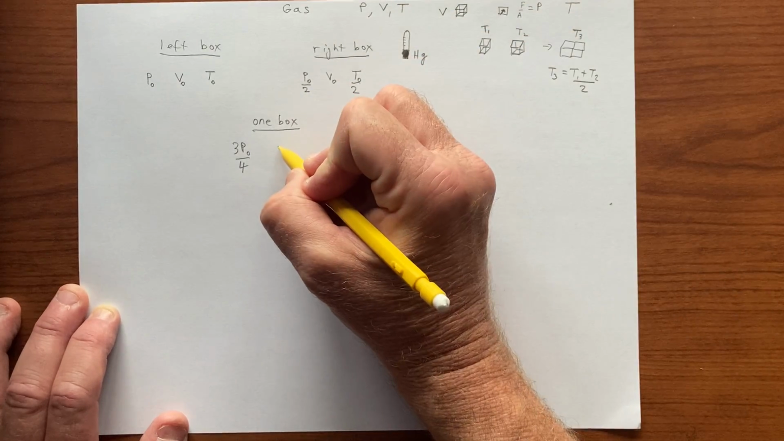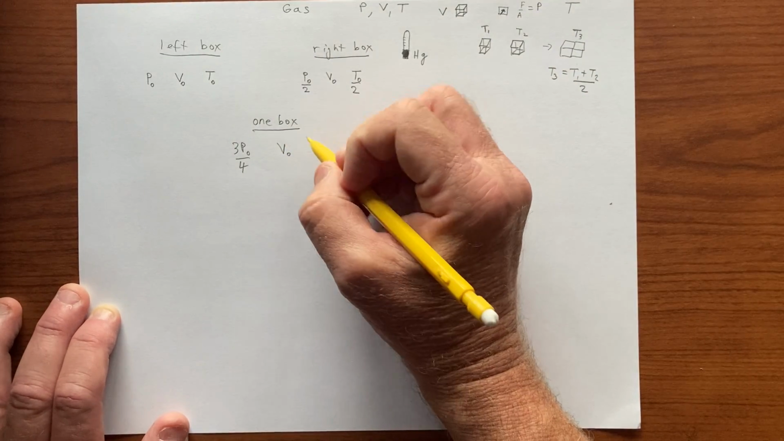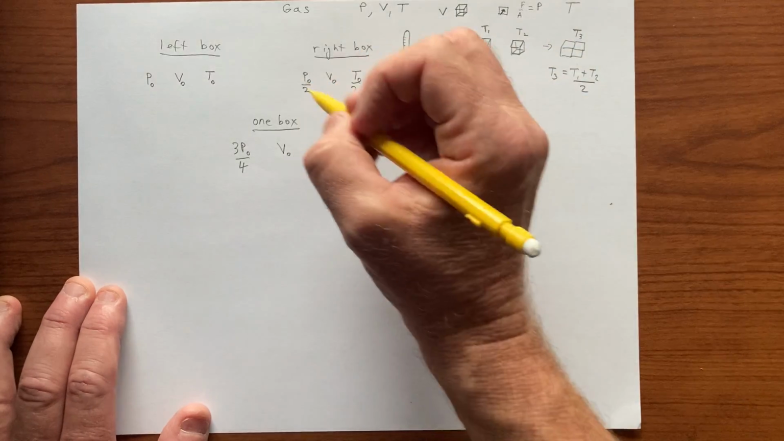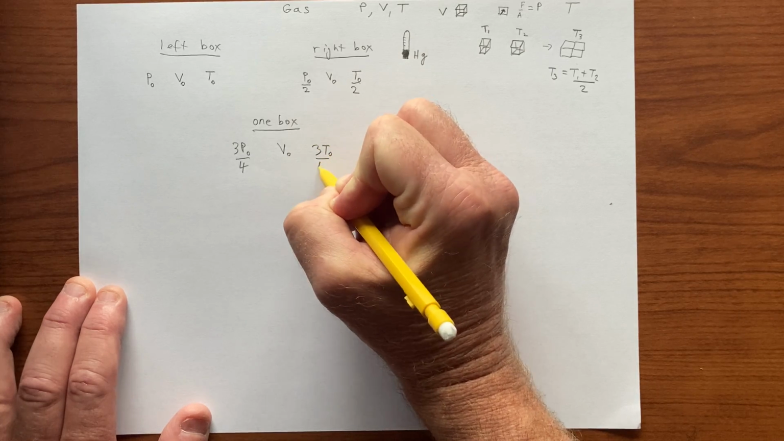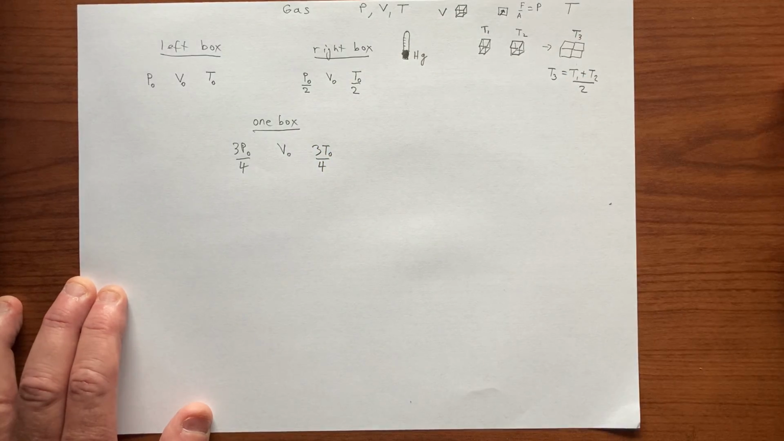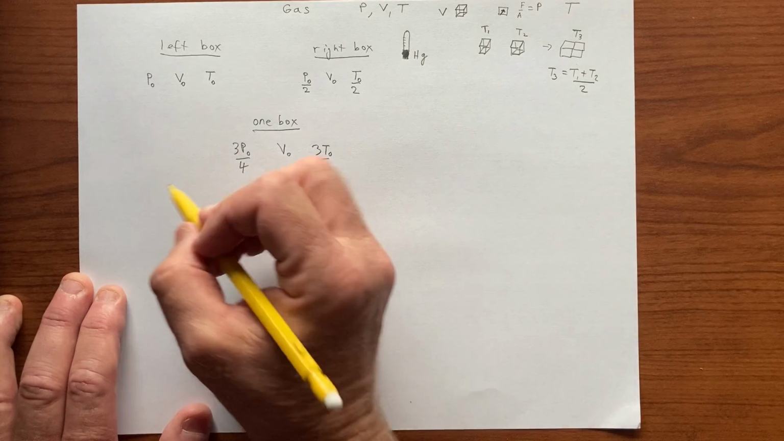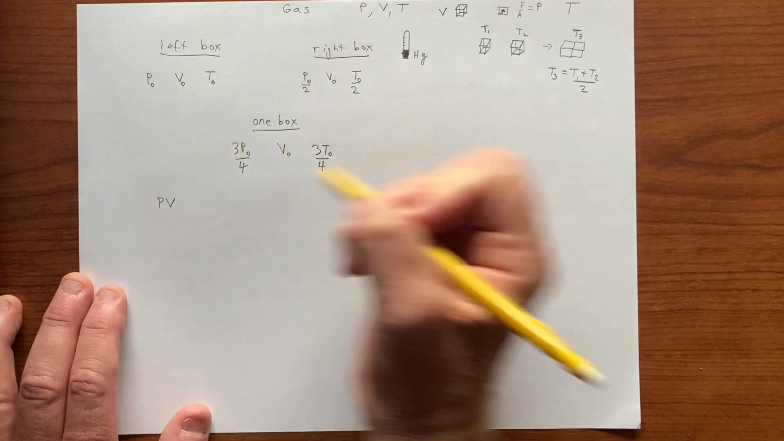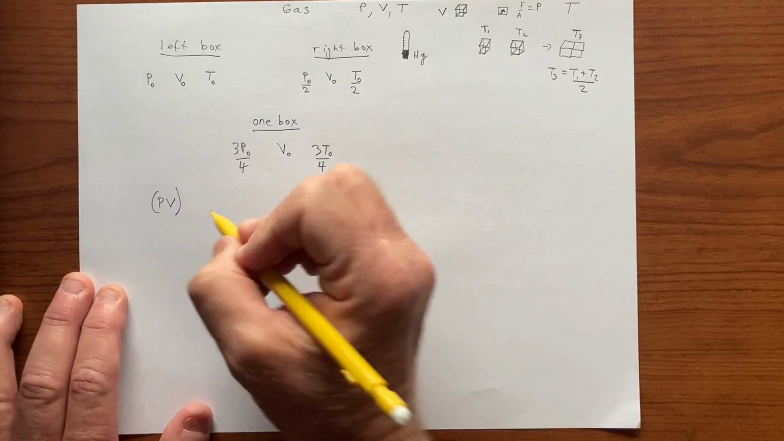Well, for each box, it's still the same volume V naught. And now we find the temperature to be 3 T naught over 4 for each box. And so we can notice that if we look at this quantity, pressure times volume, and we write